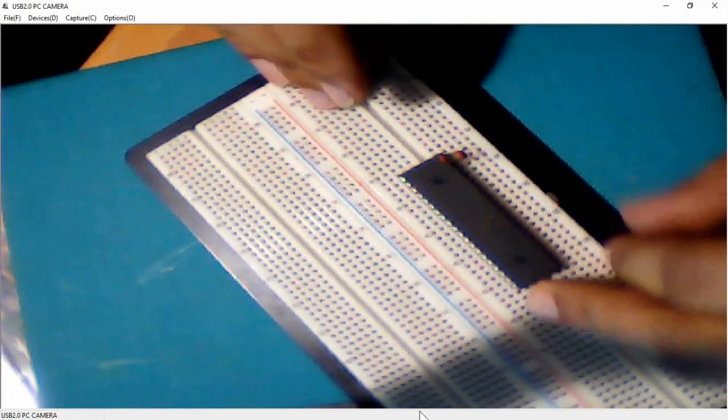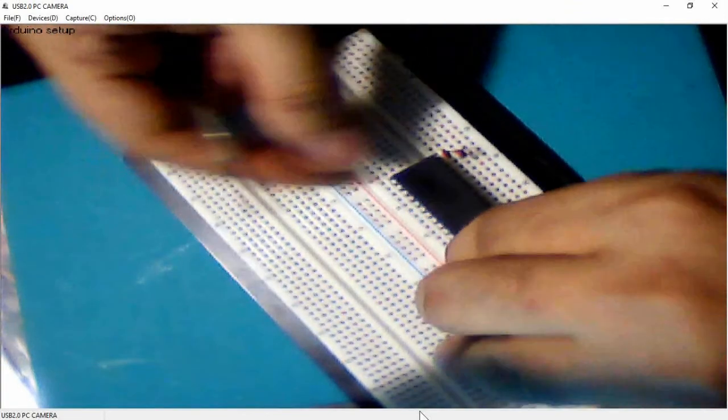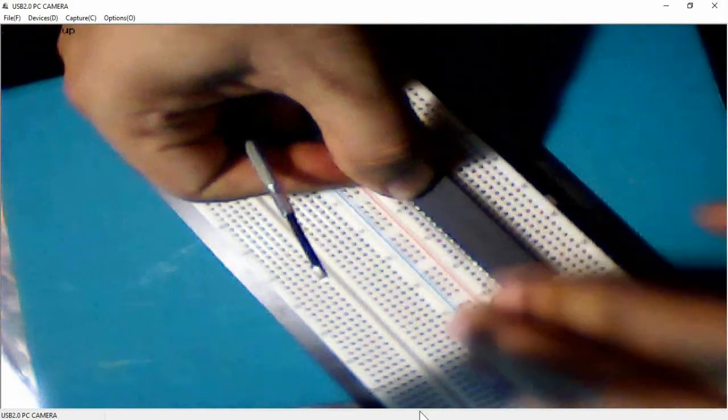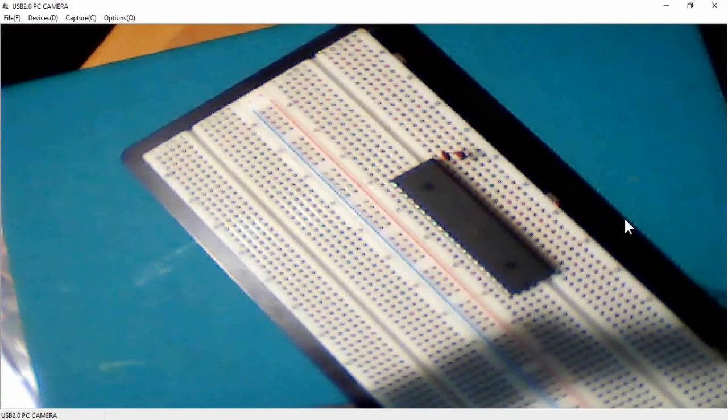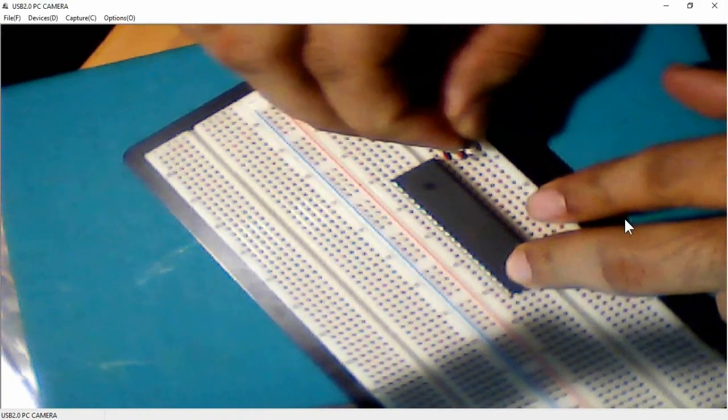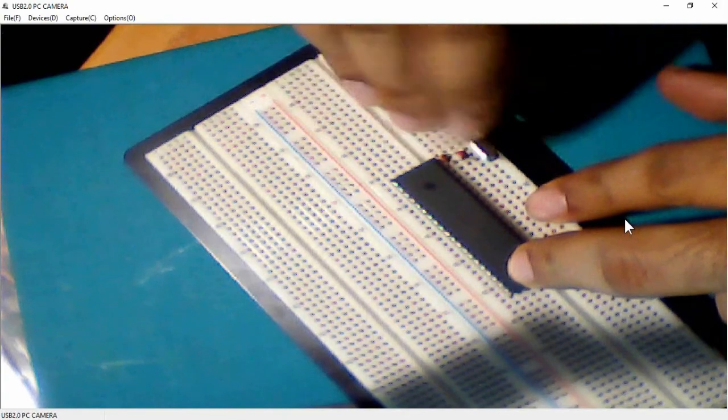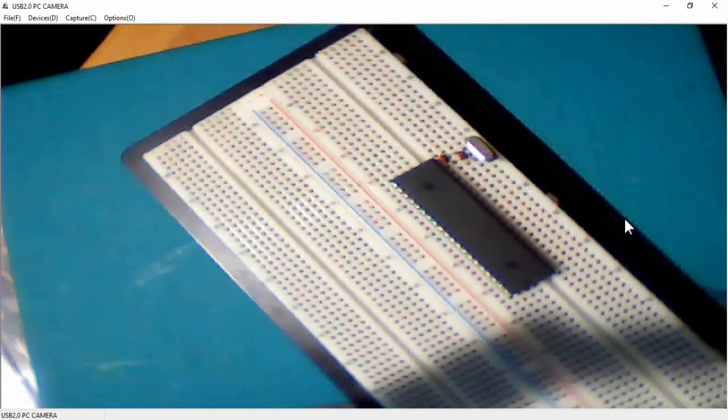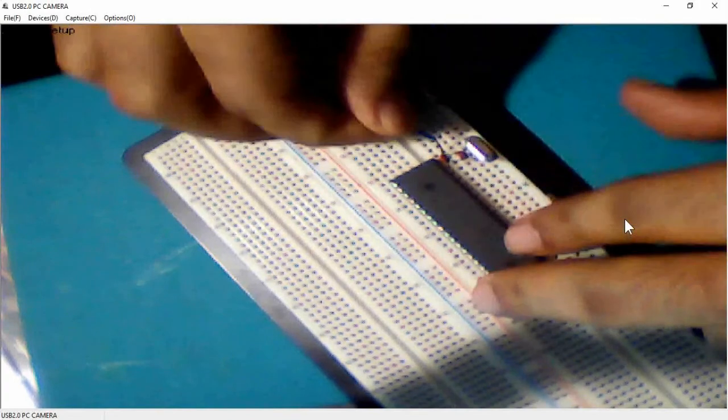And I have a crystal oscillator. I need more space, so I'll just move it a little bit. Where's the oscillator? Here. Okay, so I have my crystal oscillator,